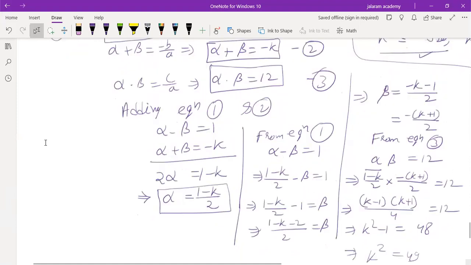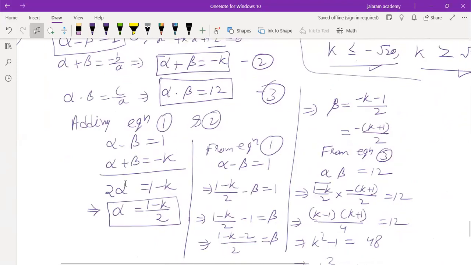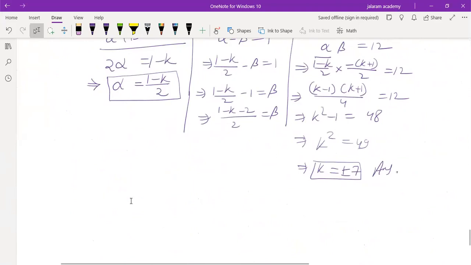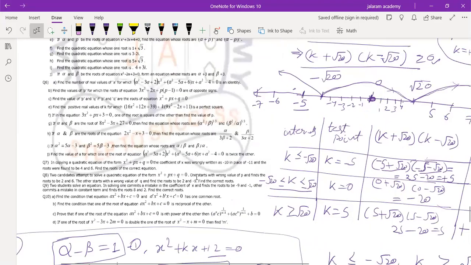Yes, sir. Any doubt in this? No, sir. Next doubt is 6th A. Find the number of real